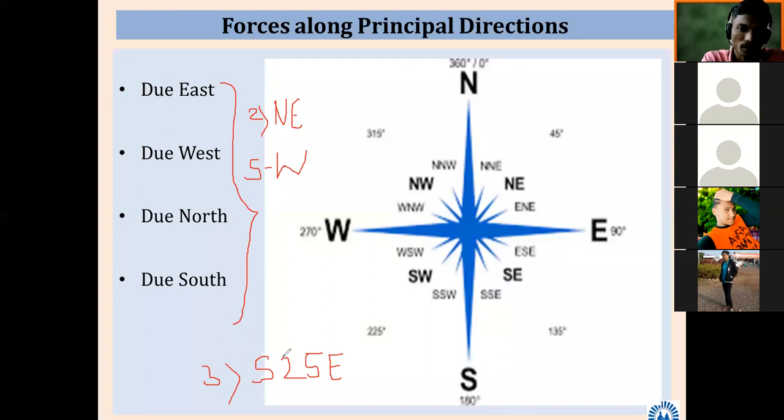Very good. South, there is an angle of 25 degree between south and east while going from south to east. While going from south to east means in this direction. Direction is most important. While going in this way, from south to east, the angle will be something like this. So here that angle will come. So this will be 25. Likewise, we have seen. Are you getting? So whatever angle is there, it is here. So something like this we have seen.